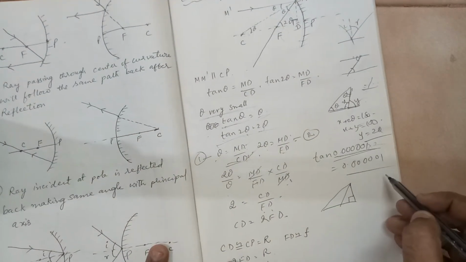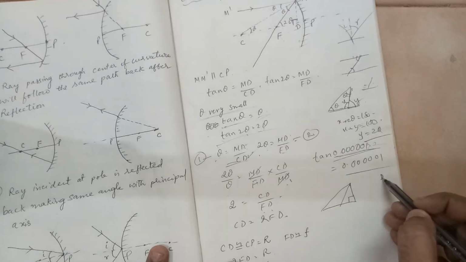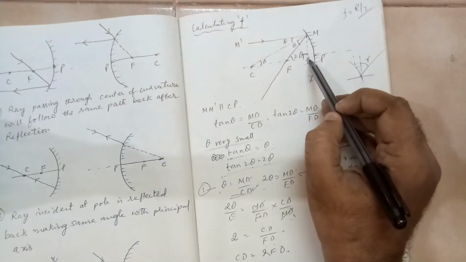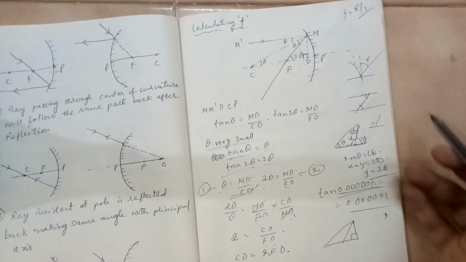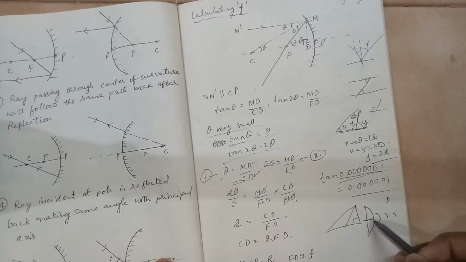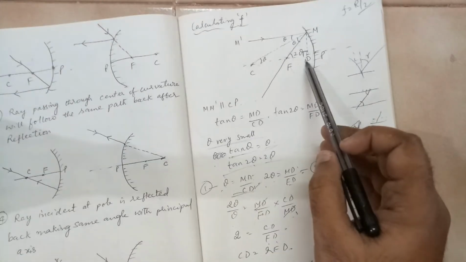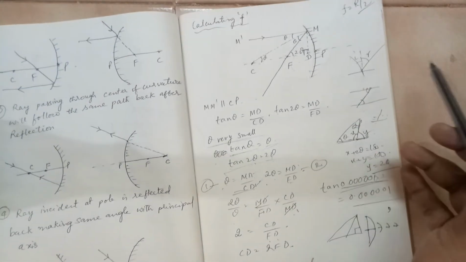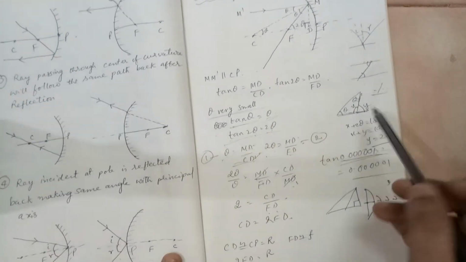So imagine a very small quantity like this. Even if you drop a perpendicular, this D point will be very close to the P point. See, if I keep reducing the size, even the perpendicular, you see this gap is reducing, right? So this D point will be almost equal to P. So we can write that CD is almost equal to CP.